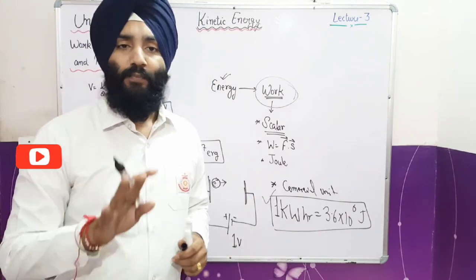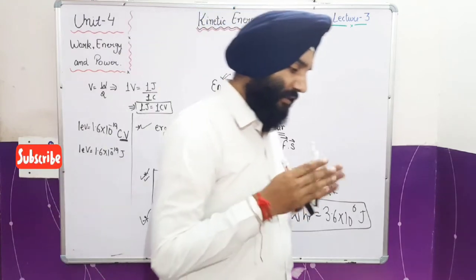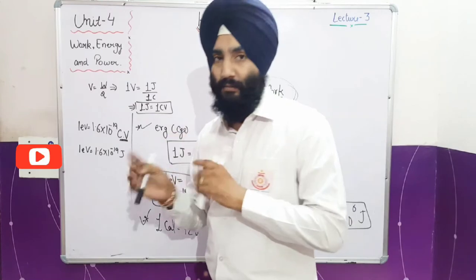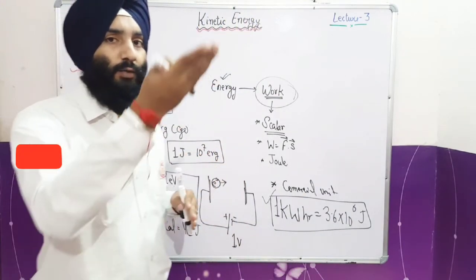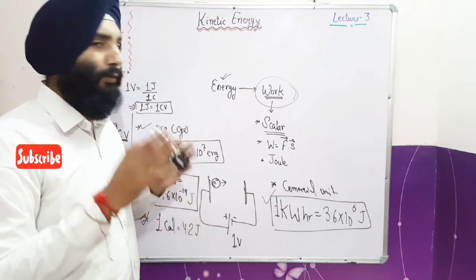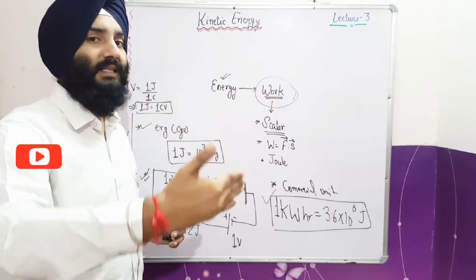Fine. So now we will discuss the mechanical energy. Mechanical energy means the energy produced by mechanical means, right. A machine is doing work, a car is moving, a ball has gone up somewhere, in this way mechanical work is there. So that energy is mechanical energy. Broadly this mechanical energy is divided into two types. One is kinetic energy, another is potential energy.